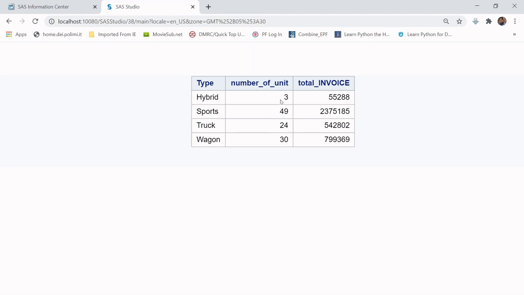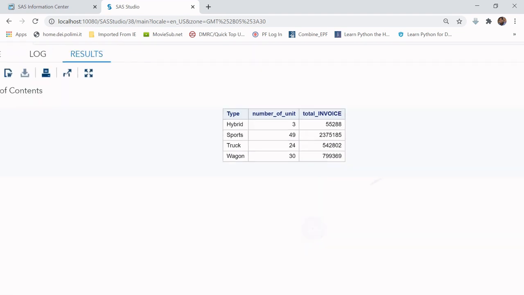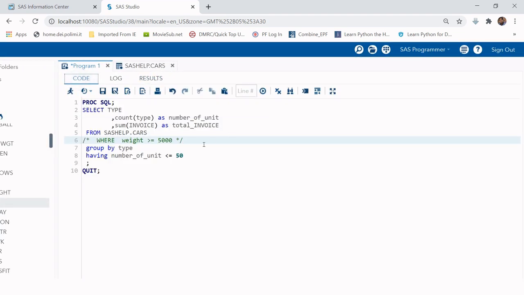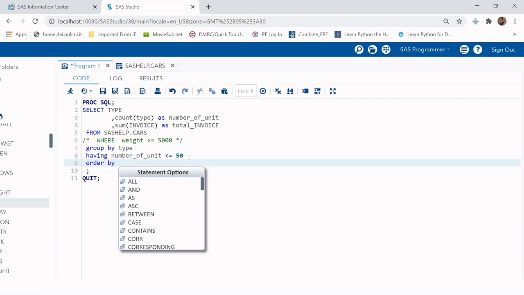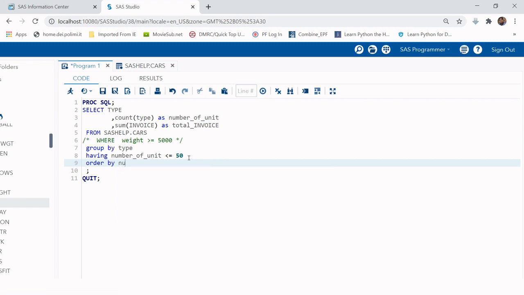For example, you want to have the maximum number of units sold car at the top and the list is at the bottom. How can you do that? For that, you simply need to use order by and the variable name on which you want to sort it. It is just a sorting, nothing else. Just use this variable